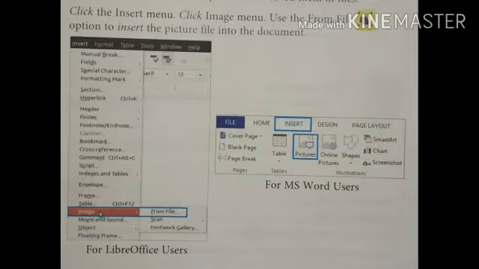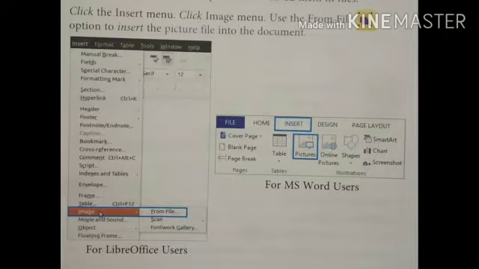So for LibreOffice you need to click on insert option, then click on image, then go to from file option. From this you need to choose the image or the location of the image where that file is being saved in your computer. So you need to choose that file and click on OK, and your picture will be inserted in LibreOffice.